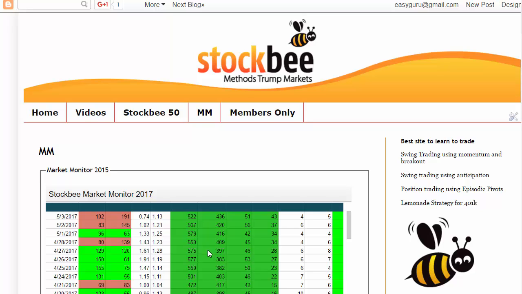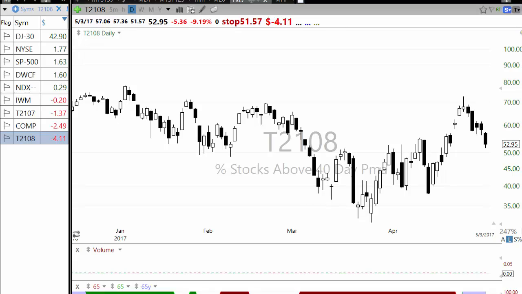Those are the ones which are likely to break down, and if you're looking for shorting, then you can start anticipating some of the stocks which are likely to break down, and some of the stocks which are recent breakdowns will be setting up for further downside if this deterioration in the breadth continues. But that's as far as the overall market and the underlying buying and selling pressure is concerned.